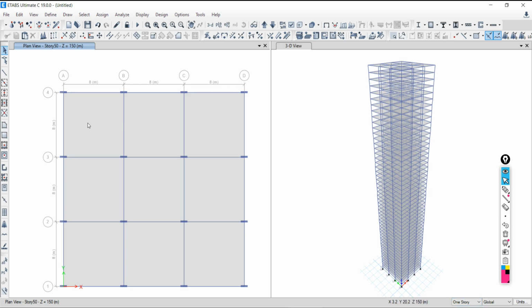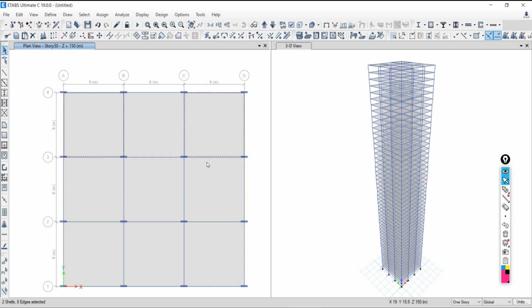So I am going to select this slab. What selection is there? One shell and four edges. It is in the selection: one shell and four edges. Is it visible? Yes, sir. Okay, one shell, four edges. But since I am working with one story, that's why only one selection is there.